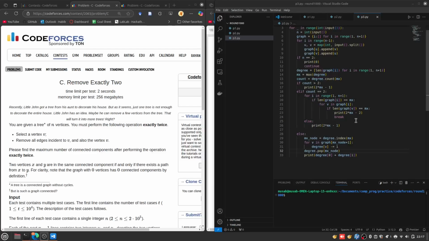Okay, I had to leave for quite a while, but I'm back now. Unfortunately, the virtual contest is over, but we can still solve the problems. Okay, so I was debugging, and this is fine, this is not an issue. It's just that, okay, if count equals 2, then